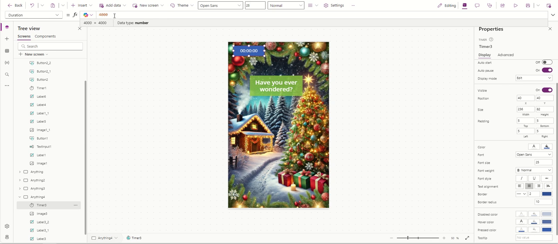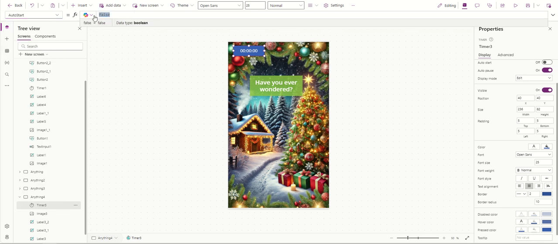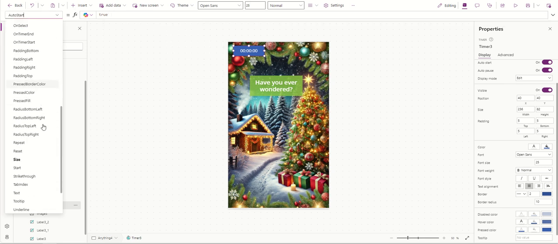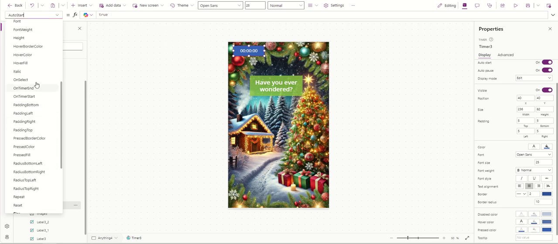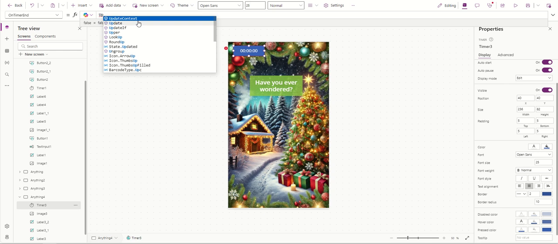So we're going to auto start this first one, so we don't even need to use a variable. So we're going to auto start the first one, and when the timer ends, it's going to update context